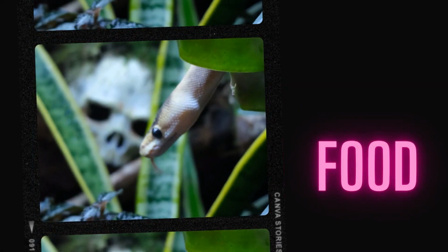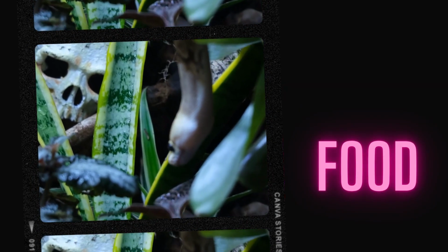Now, we're going to talk about food. So what do I feed my snake? That's a very important question. A lot of people think that you should be feeding them live rodents, but that's not necessarily the case, especially if you're not okay with feeding them live animals. I personally am not. So the best case, and it's veterinarian approved, is that you can feed them frozen thawed